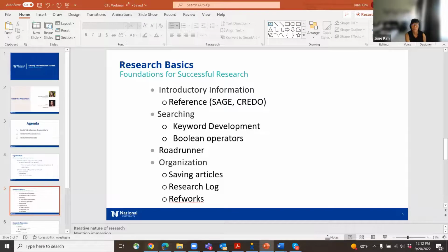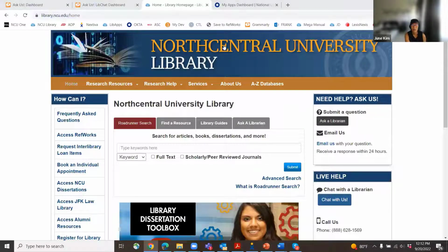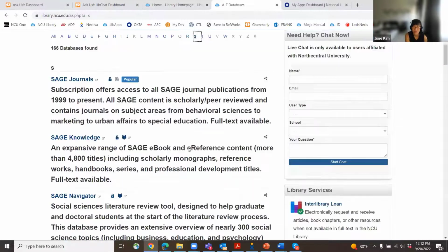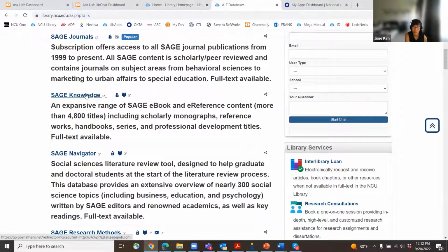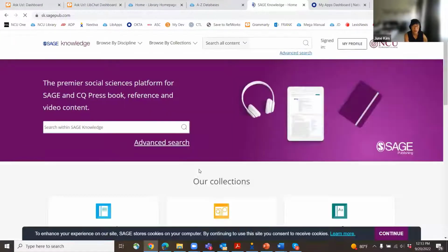If you go to the library homepage, there's A to Z databases, and if you click on S for Sage, it's Sage Knowledge. You'll have to sign in if you're not already signed in to NCU1. And you'll just enter in your search terms, and it's going to link you to,